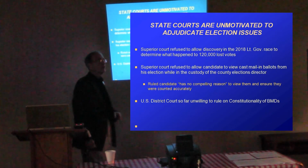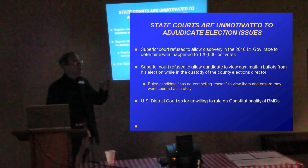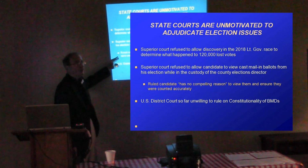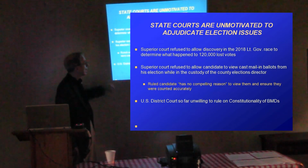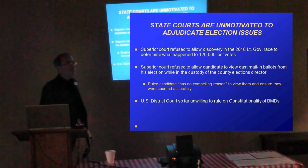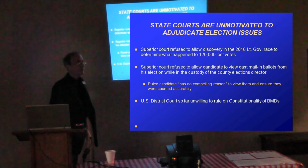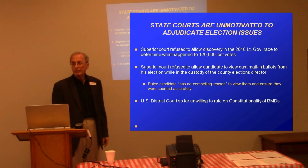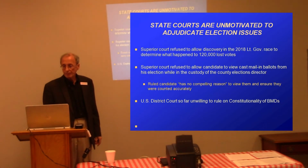Okay, all right. So that's a real problem, because she said that he had no compelling reason to look at his own ballots. That's her exact quote out of the order. Well, don't they have to look at some kind of law that compels them to do that? I thought state law was very clear. If you wanted to look at the ballot,